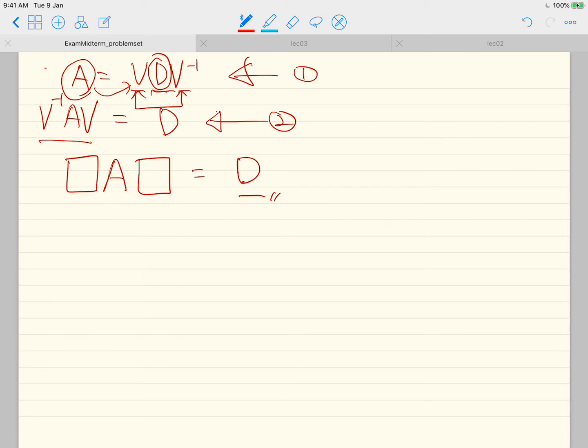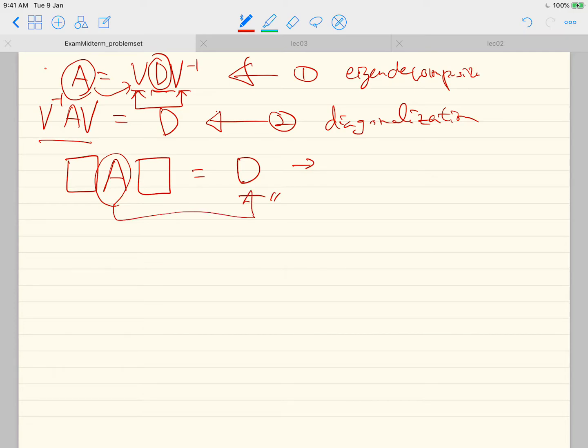So in this case, the first one is eigen decomposition, and the second one is called diagonalization, because we diagonalize the matrix A into a diagonal matrix, right? So that way we call it diagonalization. So in this case, we can think of some transformation in a general form where,